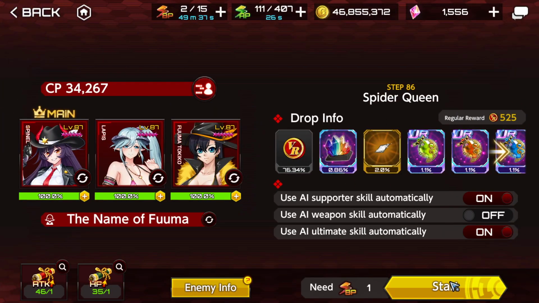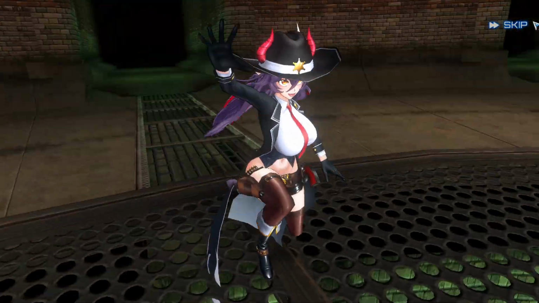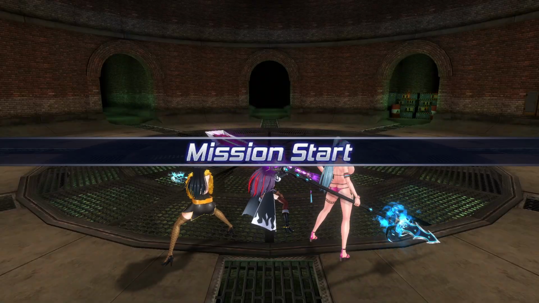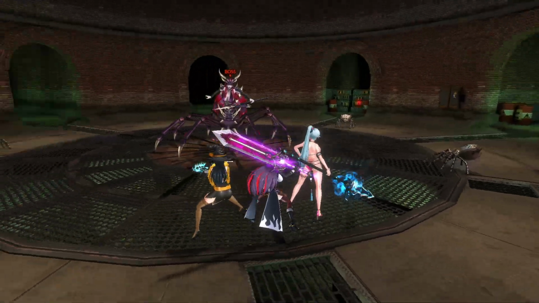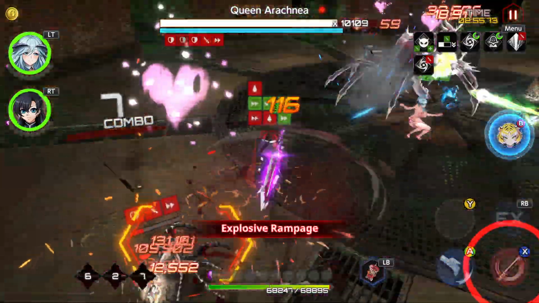So, this for HP recovery, because she needs HP recovery if you go green. And this one to reduce the enemy's defense so that we can deal enough damage. I don't know if I can do this. I cleared step 50 with this, but let's see if I can do 80. Like, I did it with a good time, so let's see. I think there is no HP, there is no